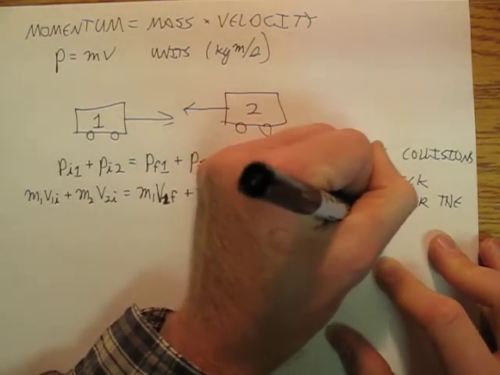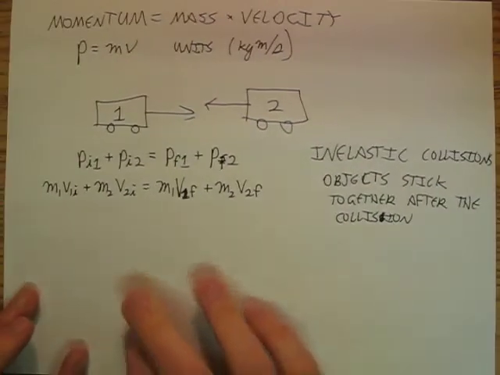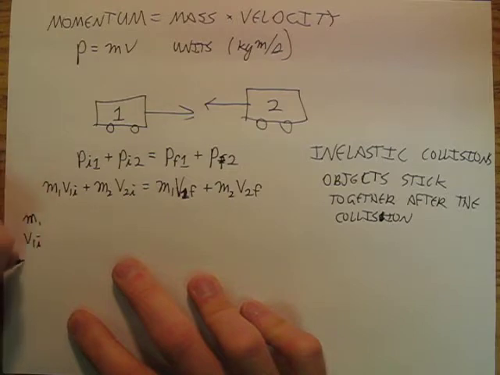Alright, so let's just come up with some examples. First off, we're going to say m1, v1I, v1f, m2, v2I, v2f,